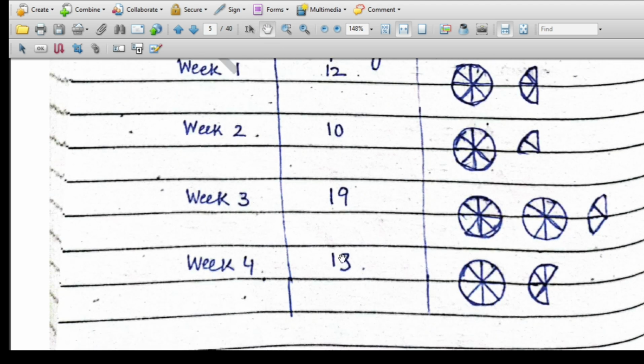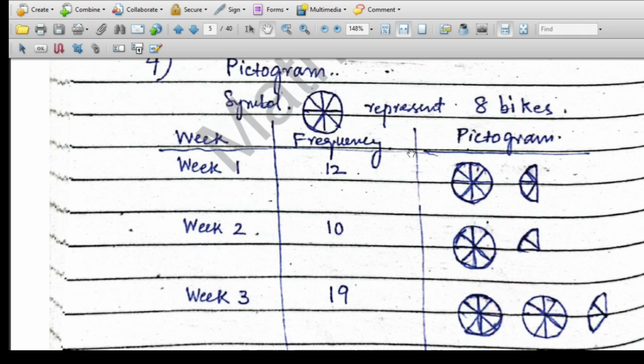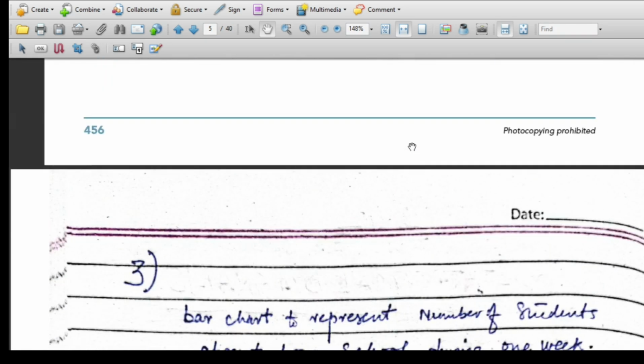In week 4, 13 bikes were sold. So this is 8, and this is 1, 2, 3, 4, 5. So this is half and 1 sector. So this is 5 plus 8 is 13. So this is all from exercise